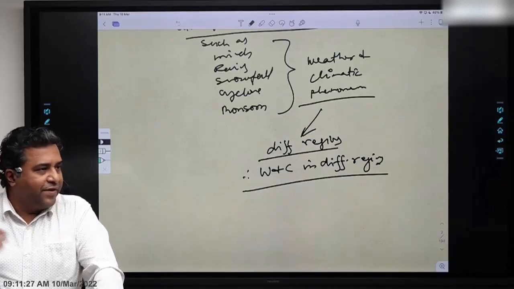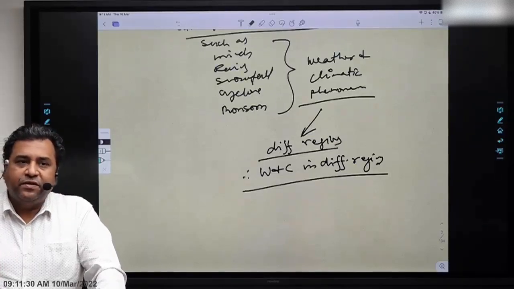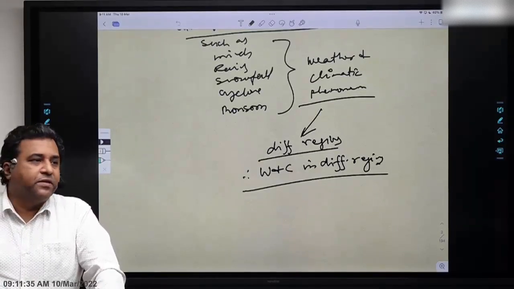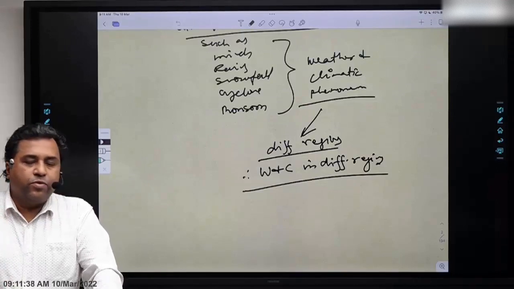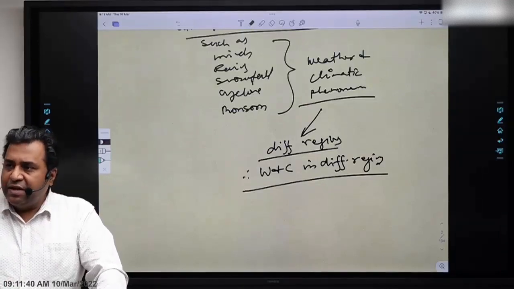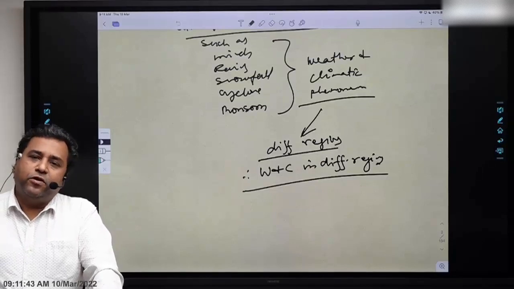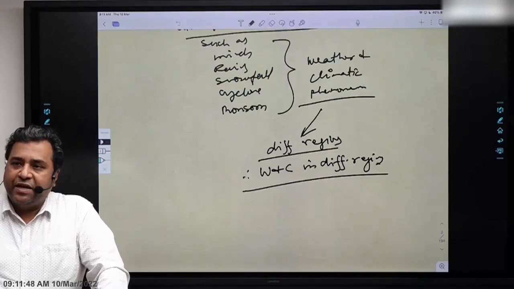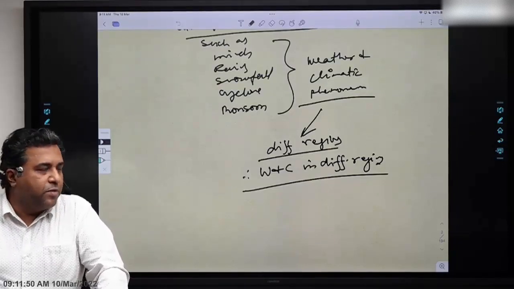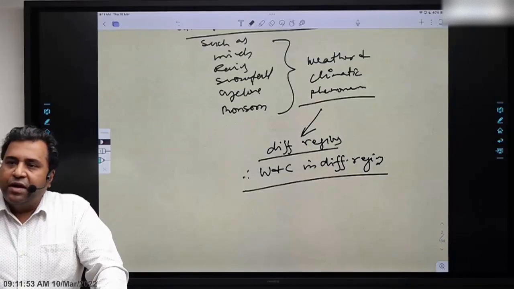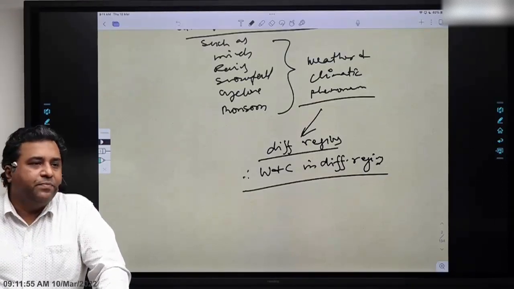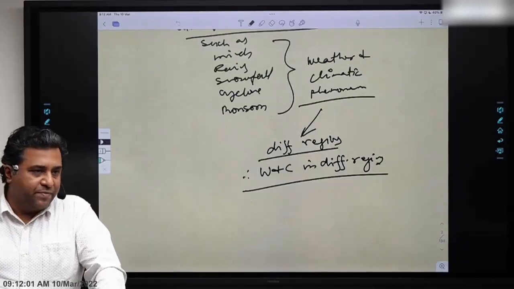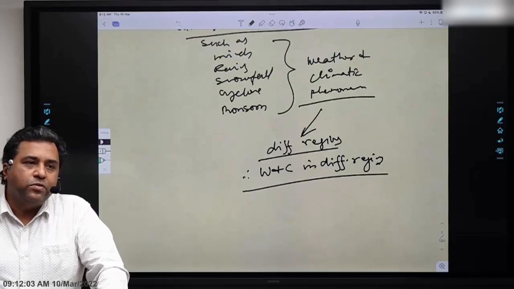And while it is taking place in the atmosphere, it takes different forms. It turns into different phenomena, right? Such as evaporation is one way, so that's how clouds will be formed. Winds is another way, and we saw many things. So there are many phenomena which take place in the atmosphere, and all those phenomena are what we call the weather phenomena. What do we call all of them? Weather phenomena. And weather phenomena are over a short period of time, and when the same thing collectively you consider for a region for a long period of time, then it turns into climate.